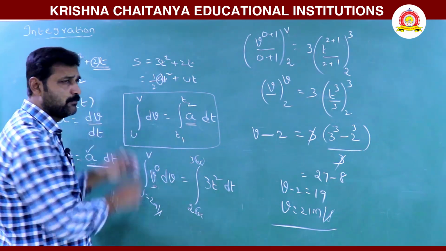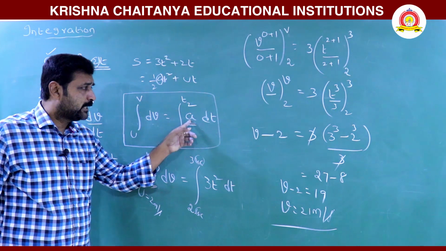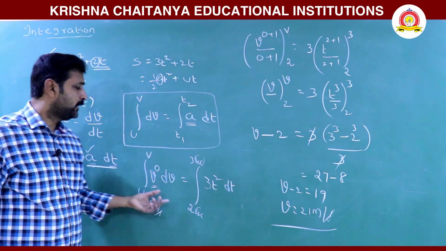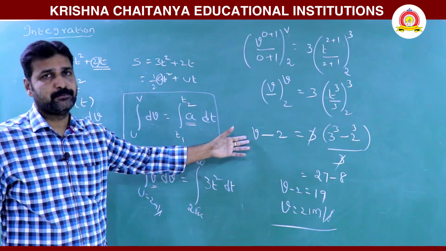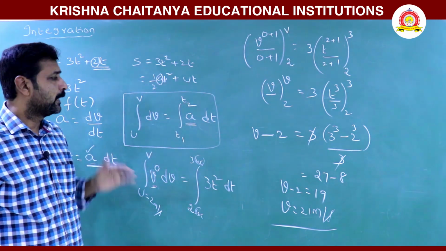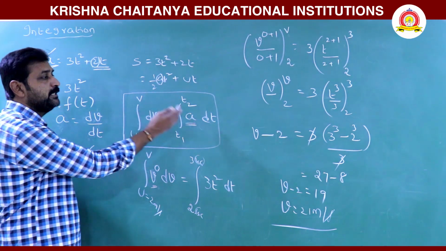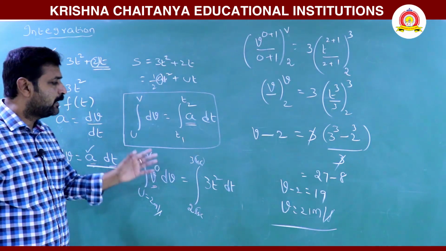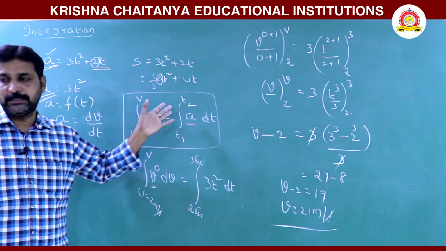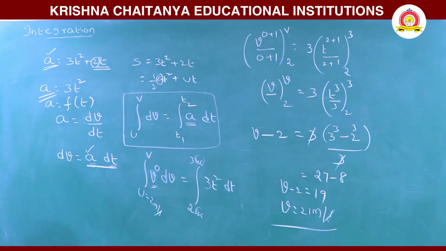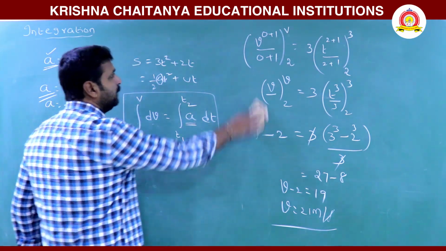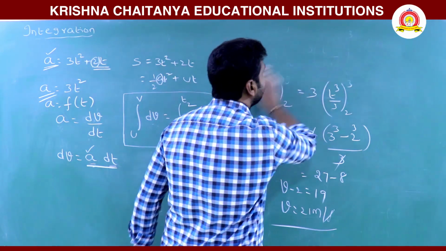This is the formula. Now when acceleration is time dependent, it will be given in terms of time. Then integrate it and finally you will get the final velocity during the third second, since at t equals 2 the velocity is v. Now if acceleration is constant, which is not depending on time, then we can obtain v is equal to u plus at from the same formula. Like here I am writing the same one, how to get v is equal to u plus at if a is constant.